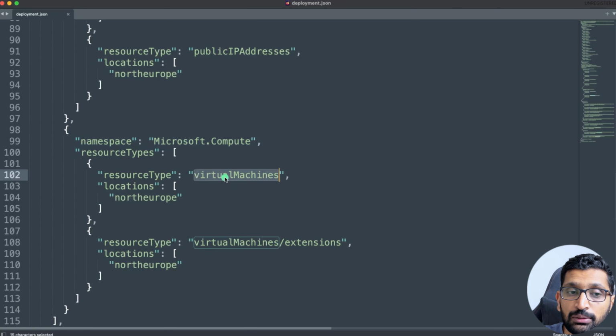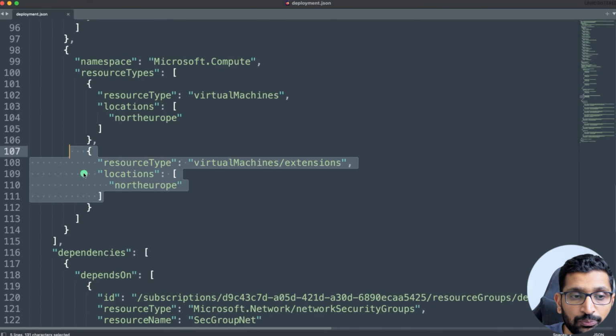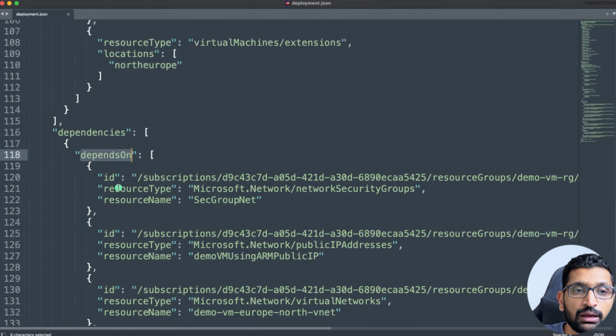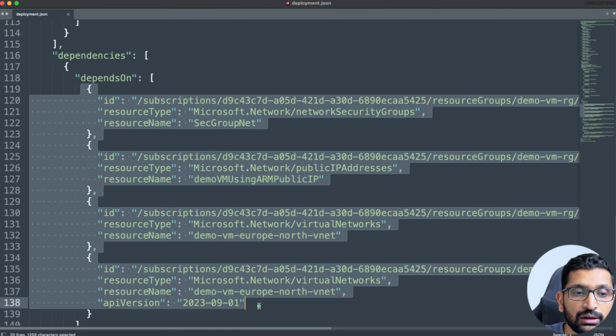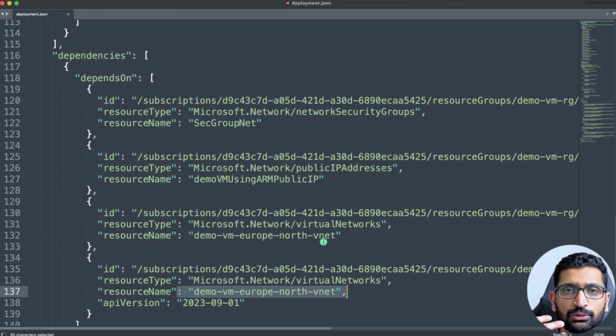a virtual machine resource type, and the region is North Europe, and for the virtual machine extension the location is also North Europe. And apart from that, here are certain dependencies, the depends on block. Once you create a virtual machine, it needs to have all of these already created, which includes the security group, the public IP, the VNet, and the subnet, which makes sense to me, because if you are creating a virtual machine, then you need to have a VNet already created, subnet already created, public IP if you have enabled the public IP, and network